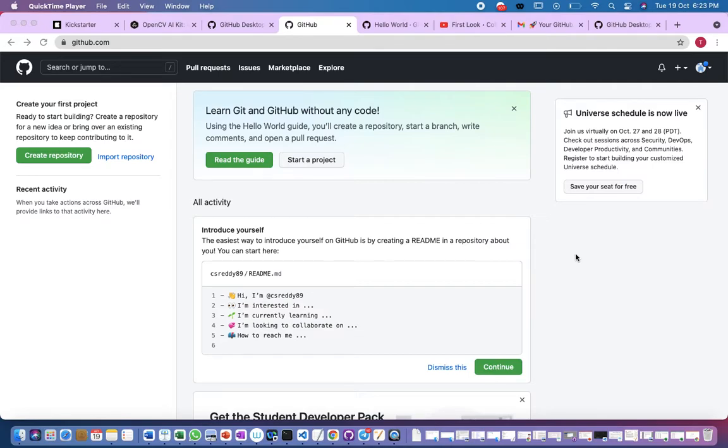We will get introduced to terms like commit, pull request, fork, and how we work in a collaborative manner. So let us start. As I was saying, GitHub is to host repositories. So let us create a small repository. Press the button create repository.